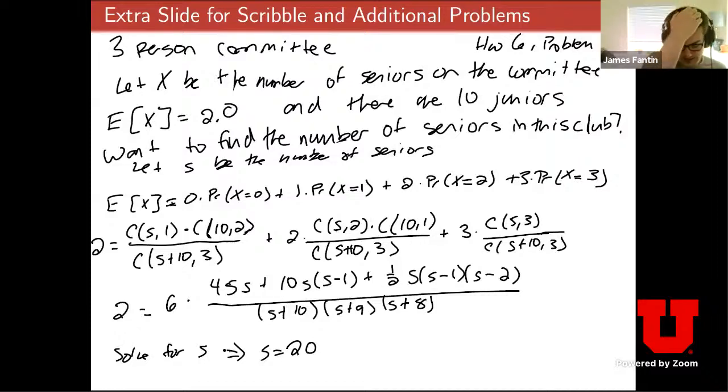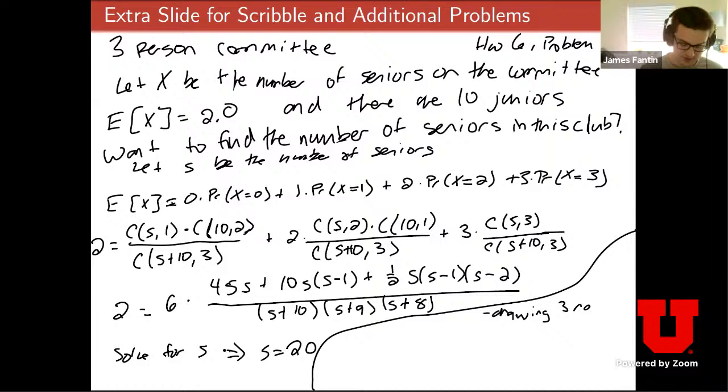There's another way to solve this problem, and you kind of have to reframe your thinking about it. You can't directly treat this as a Bernoulli trial. Why? Because they're not independent. What happens at the second draw depends on who was drawn on the first draw. But if you treat it as a problem where we're drawing 3 names directly and only look at the names at the end,